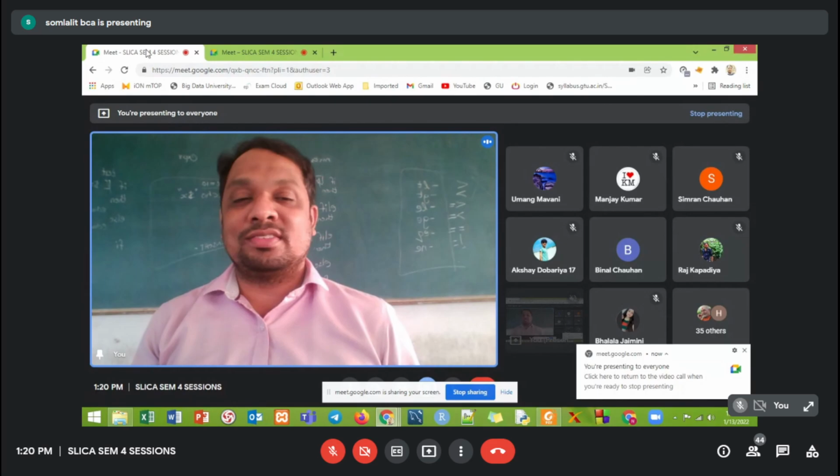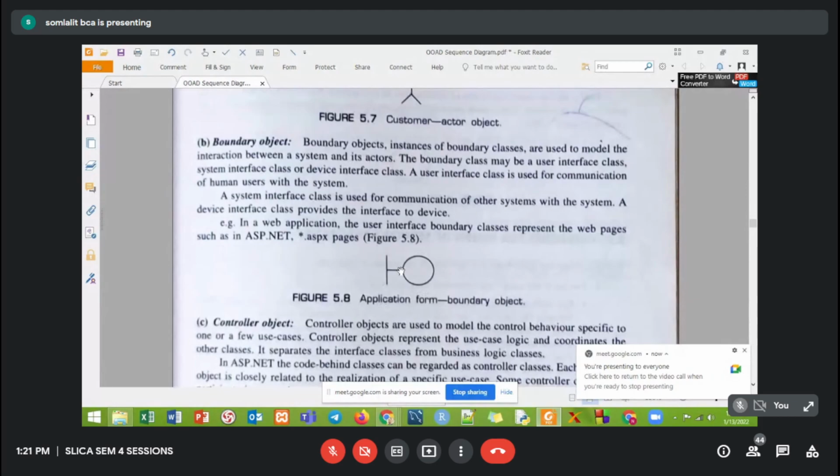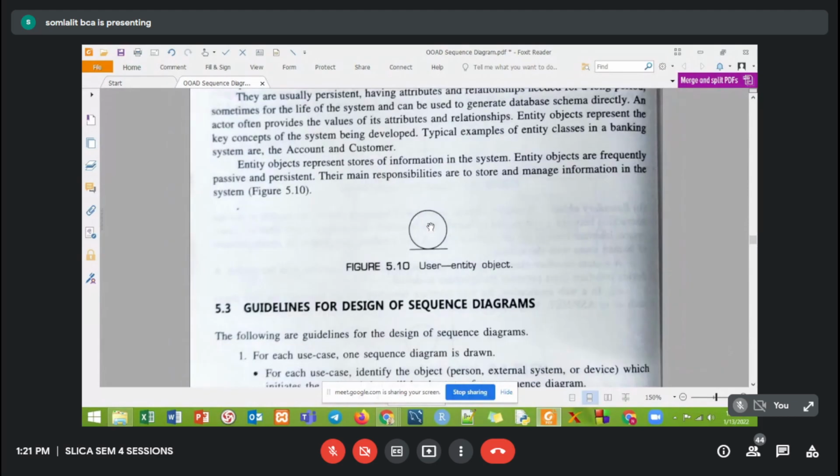Okay. So, actor, this we have seen, it remains the same as we have discussed in the use case diagram. Boundary, okay, a special symbol, a standing line and a circle connected with a sleeping line. Controller object, okay, a circle with an arrow on it, the head part of the arrow on it. Entity object means this is basically a table, a data store. We will use two terms, data store, entity, or a table. All are one and the same.